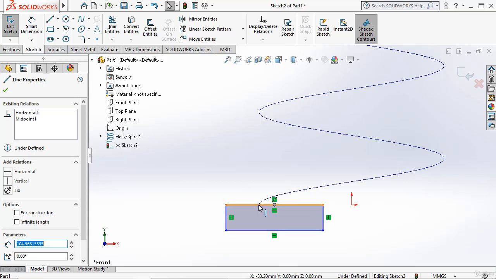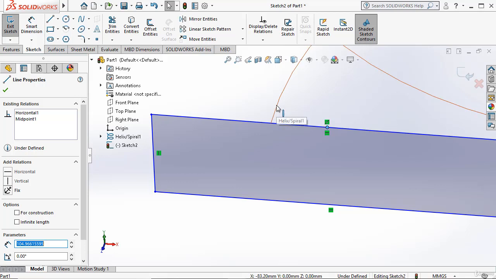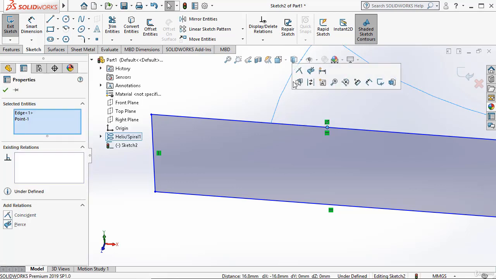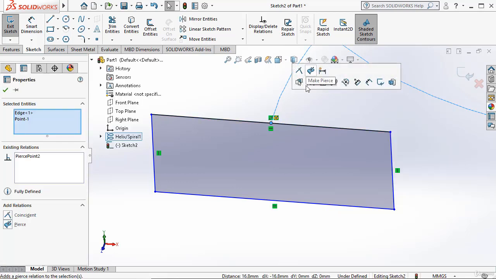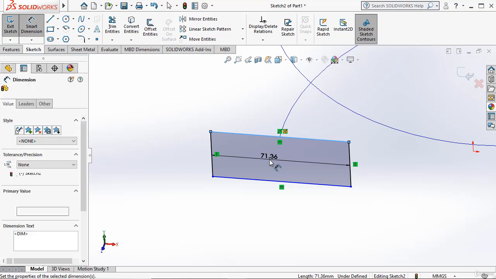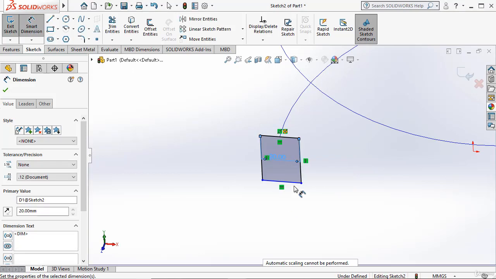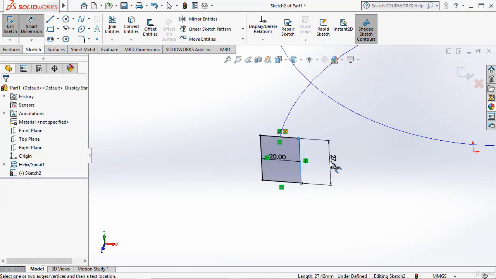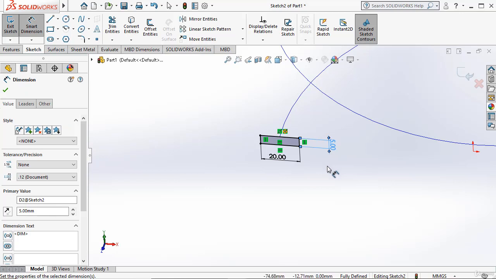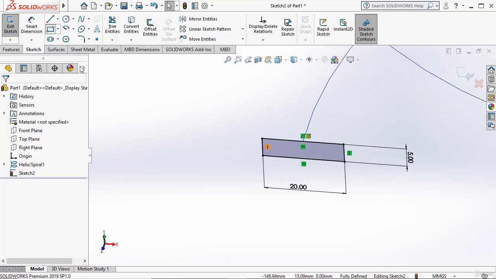Taking the mid plane, and let me try to choose for this, and I'm making them pirates. Okay, and now I'm giving them the dimensions. I'm taking this as 20 millimeters, this as 5 millimeters, and again I should add the